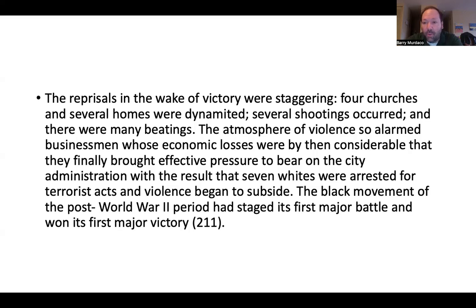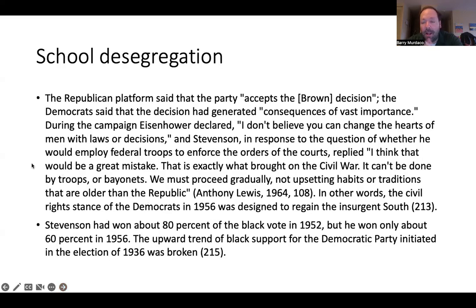So it got so bad that even the white business interests in the city were basically saying, "Look, you got to do something about this. This is causing too much chaos." Then the second big moment of the civil rights movement that they focus on is the efforts to desegregate schools. Now, again, much more directly in response to Brown, but once again, you saw significant resistance to this. And this is also an important part to point out here because it shows you how unwilling both political parties were to get behind the civil rights movement.